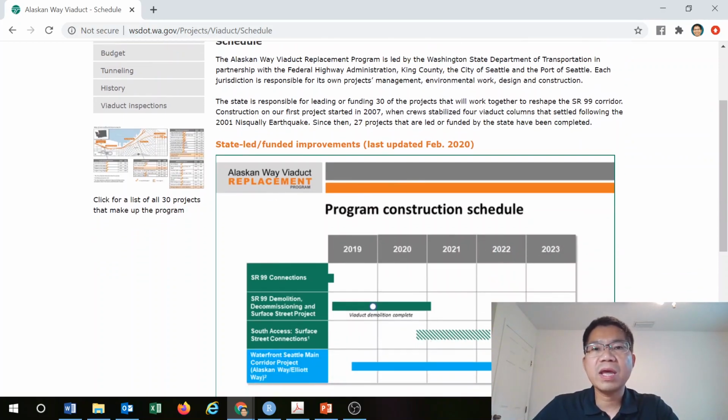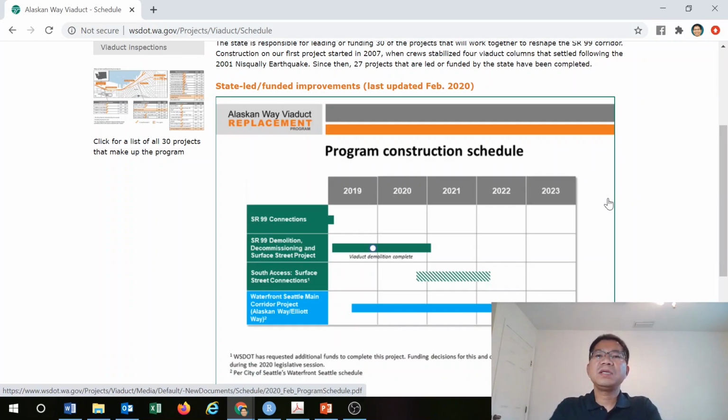Now, at their update in February 2020, which is just prior to COVID-19, you can see the program construction schedule is still ongoing. So it means this project appears to be delayed, and that goes back to the objectives of project management that we are talking about: time, cost, and budget.